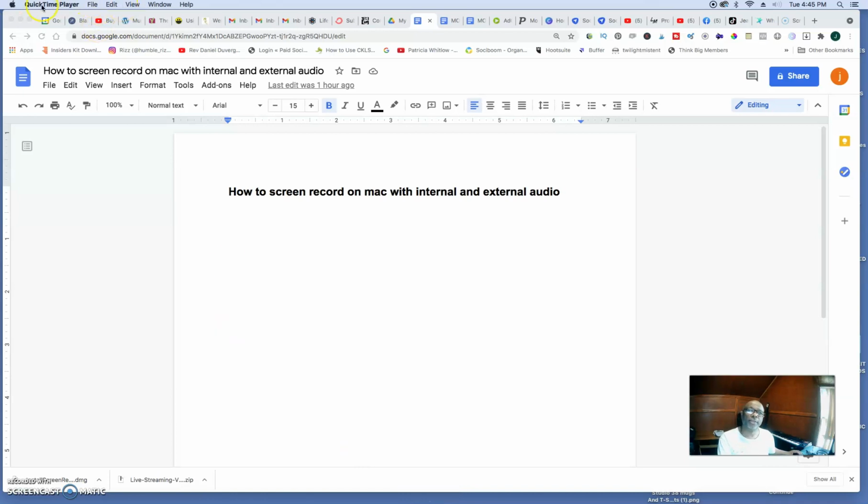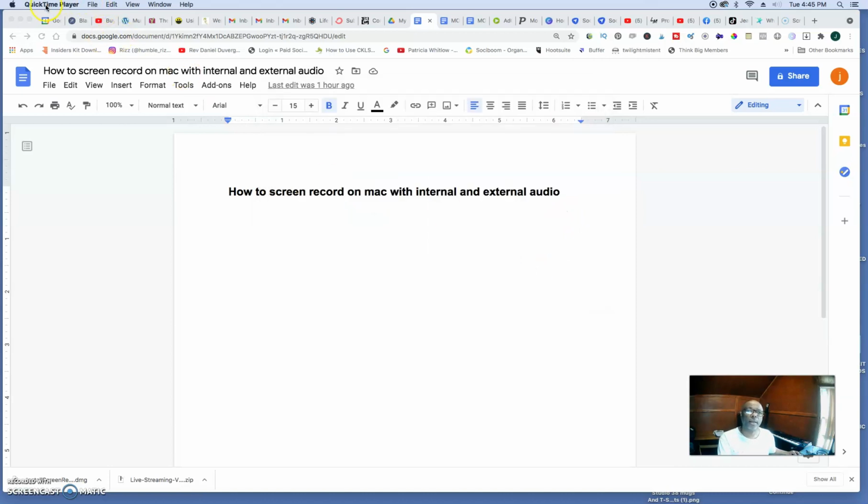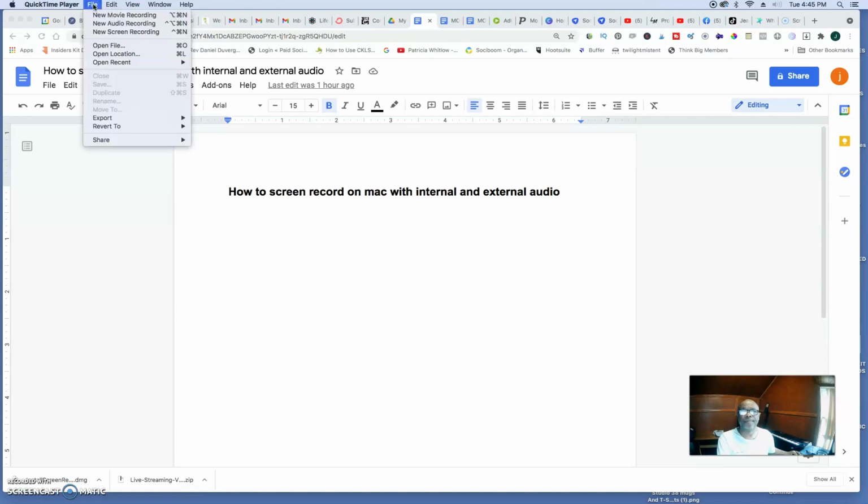And what you get, once the application opens up, on the file, you click on file, and you have three options: movie recording, audio, or screen recording. So you click on new screen recording,